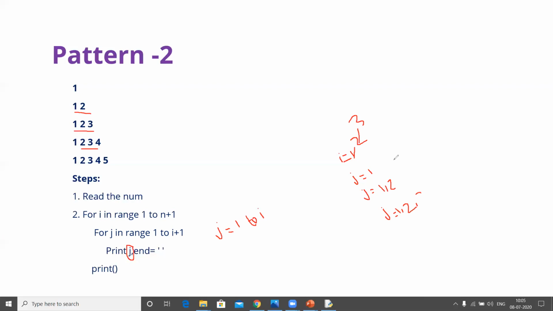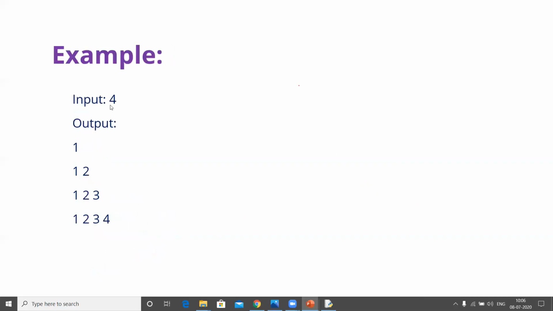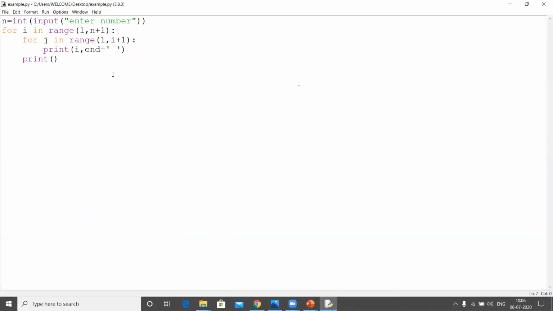Observe this pattern. Whenever we are printing j, we observe the pattern 1, 1 2, 1 2 3, like that. And observe the example: whenever the input is 4, you need to generate 4 rows. Let me do the coding part again.